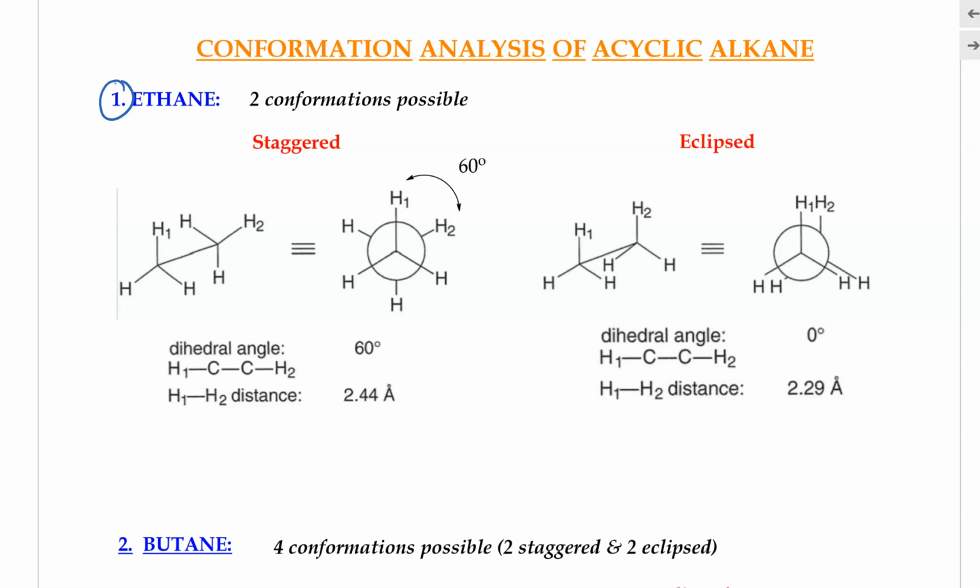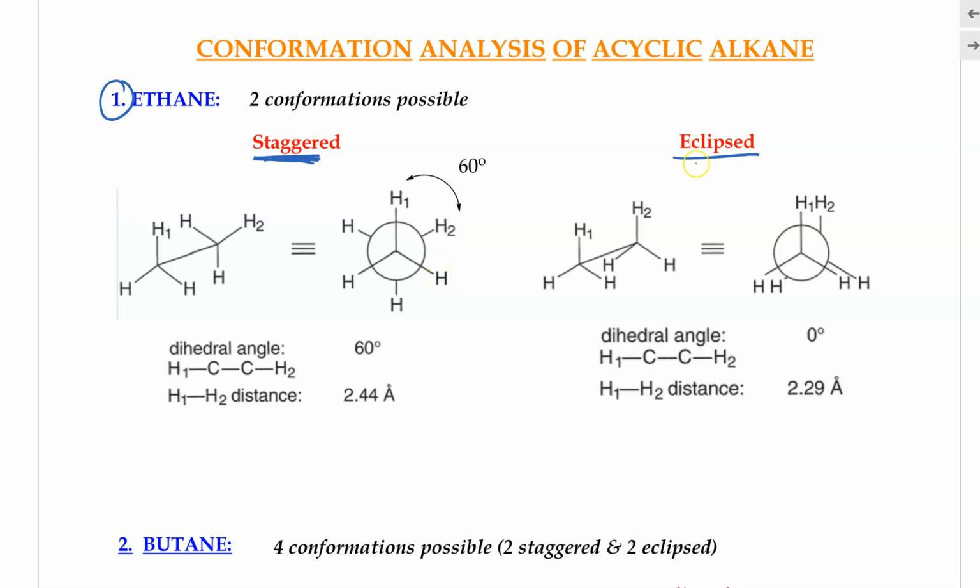Now in ethane, we have seen already that it has two possible conformations, the staggered and the eclipsed. And here are some of the views, especially the Newman projections, that we'll pay attention to. In this staggered conformation, staggered refers to the fact that the groups are not eclipsing each other, where they do not line up exactly on top of each other, but are tilted in the middle between the two